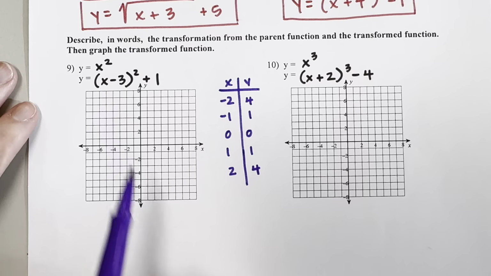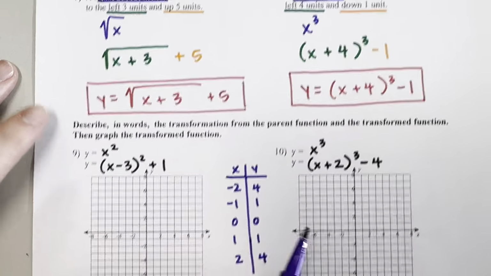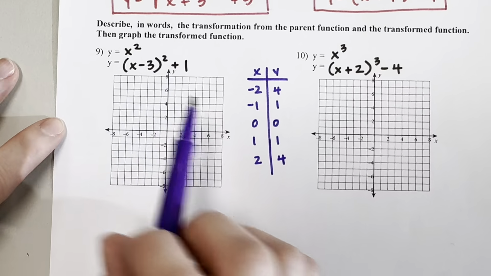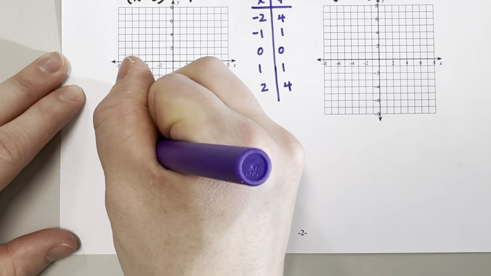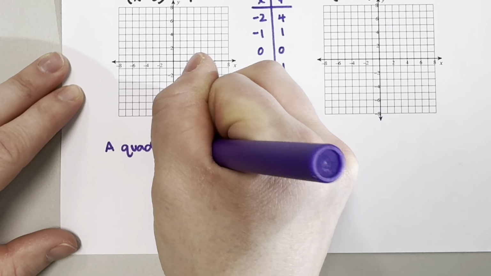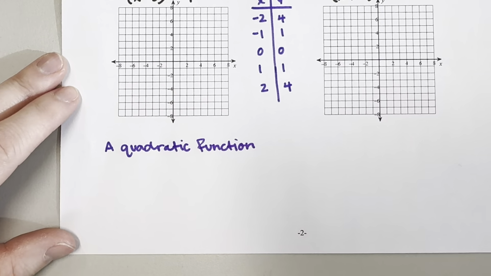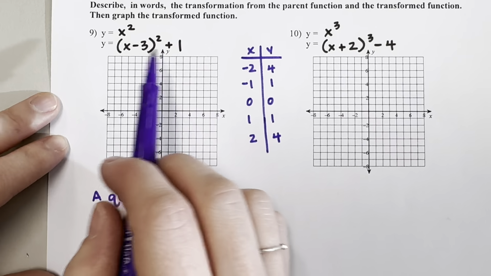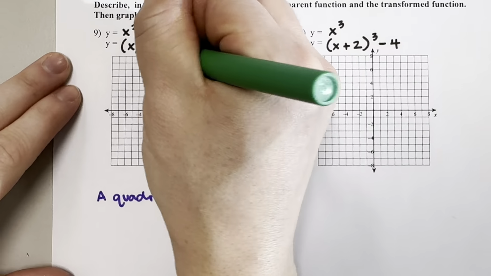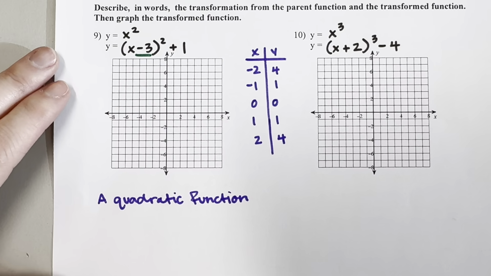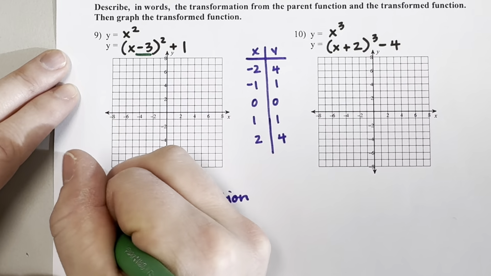The first thing it wants, though, is for us to describe how it's been transformed, kind of like going backwards from here. So first of all, it's a quadratic function. So we're going to write that first down here below our graph. A quadratic function. Okay, now we need to look at how it's been transformed. Okay, first let's go on the inside. -3 on the inside, so minus is right. That's been transformed